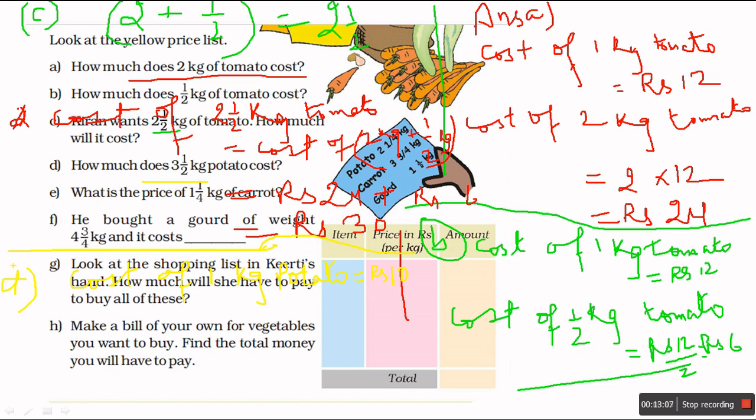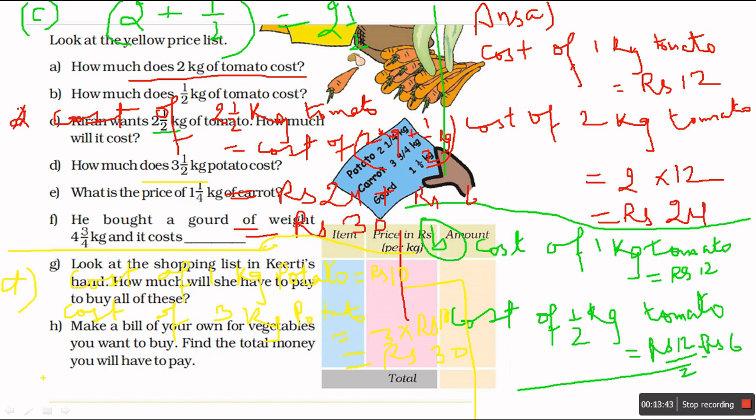Okay, so cost of 3 kg potatoes is equal to 3 into rupees 10, and that is rupees 30